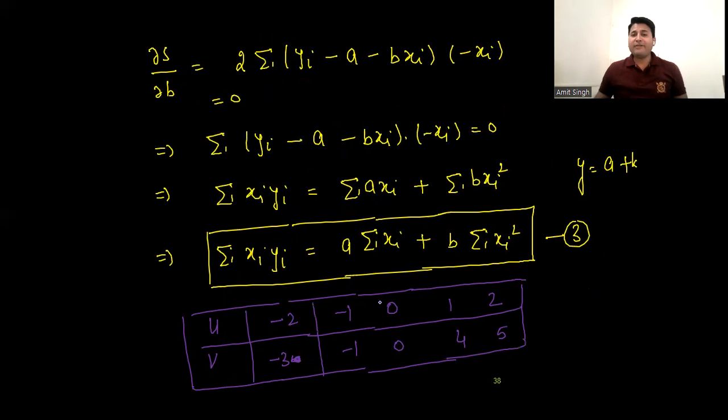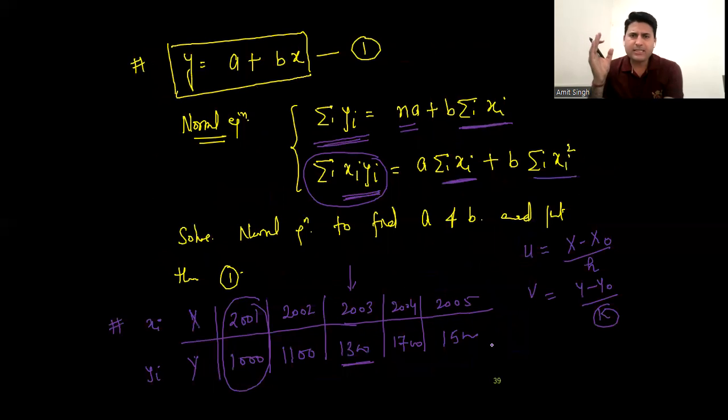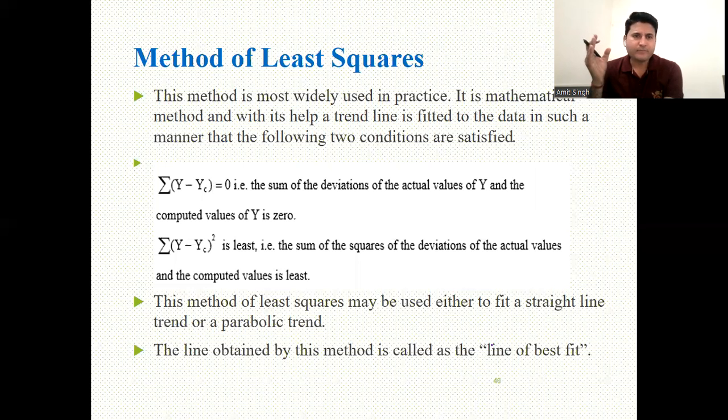We have a law which says that the trend line will not be affected by change of scale as well as change of origin. We shift the origin and change the scale by dividing by some numbers h and k. You decide h and k yourself using your common sense. It is generally used when your data is too large. If it is normal data, there is no need to do it. Clear? Let us take one example.